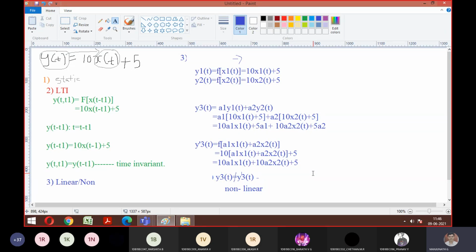Fine. So does anybody have doubts with the static property, how we do it, and LTI system, time invariant as well as linearity? If you have a doubt, you can ask, because the remaining two are just a statement. So only the steps you have to follow for these two properties. Remaining you can just write the statement and conclude the answer. Is it okay? Shall we move on with the fourth one?